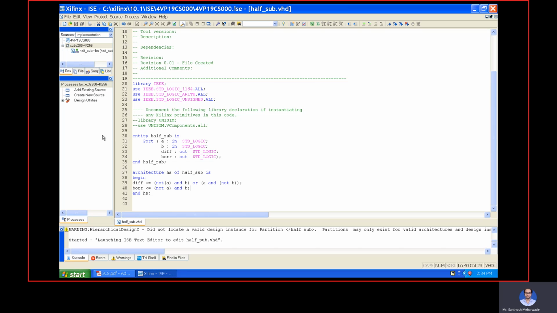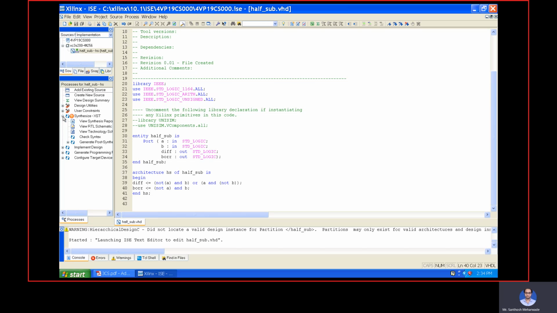Once it is saved, what is the next thing? Next thing is we have to click on this file, in which you can see that half underscore sub is the entity, and HS is our architecture. Once you single click on it, you can see that here again you will get the synthesize XST.